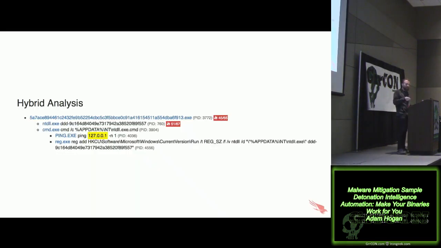And I can go back and take a look at that process tree and see what all it's doing on the endpoint. So the way it's loading that ntdll.exe after it drops it, we do see it do a single ping to 127.0.0.1, which again I'd suggest is a pretty interesting threat hunting queue. I would turn around and search for that in my environment. I don't know how common that is. There might be legitimate software that does that as a way to see if the interface is up, or I don't know what. But it seems to be just ping -n 1. That's something I've done threat hunting with in the past.